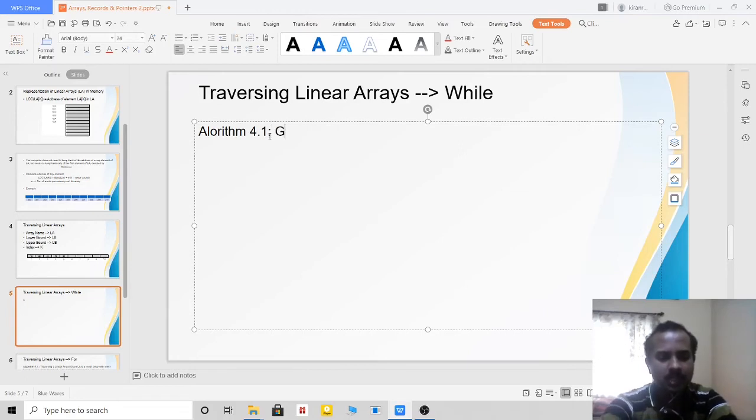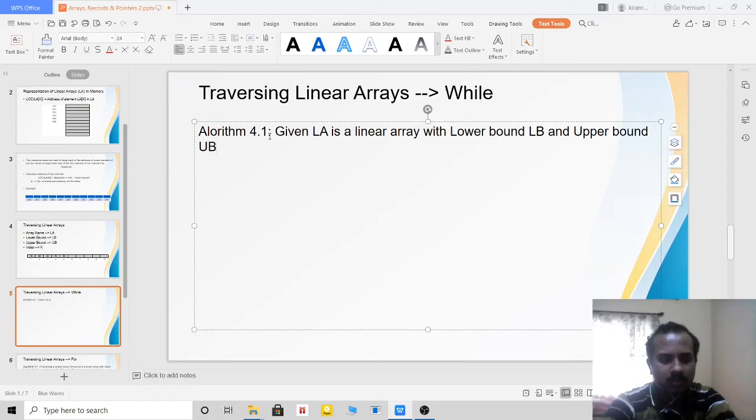After that I have to write the description, so I'll write that given LA is a linear array with lower bound LB and upper bound UB.